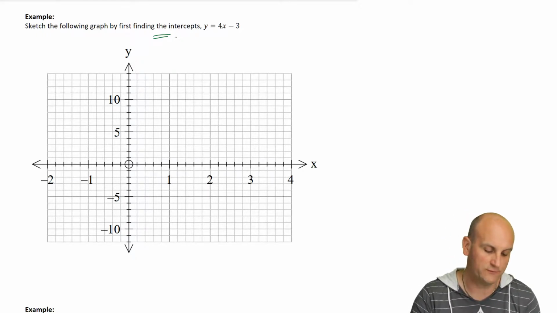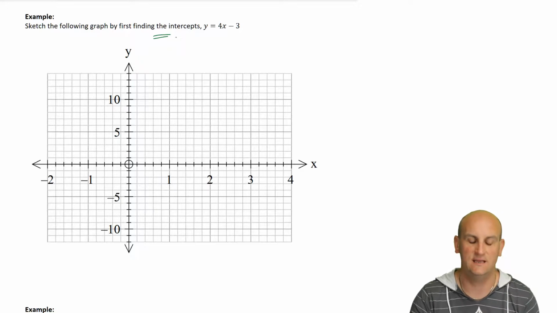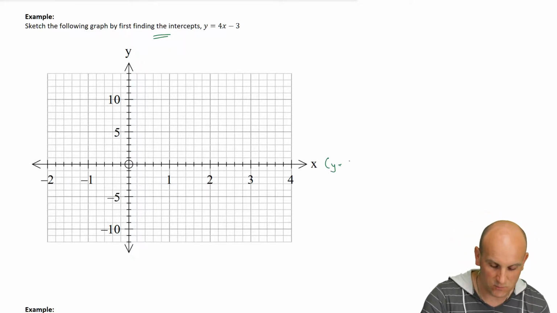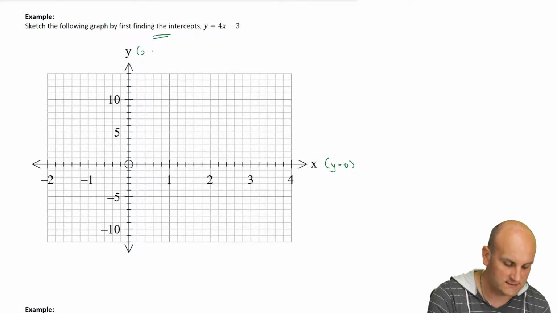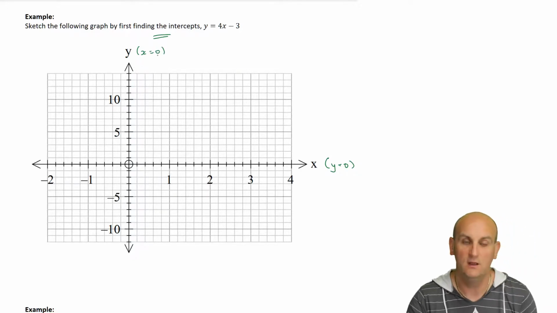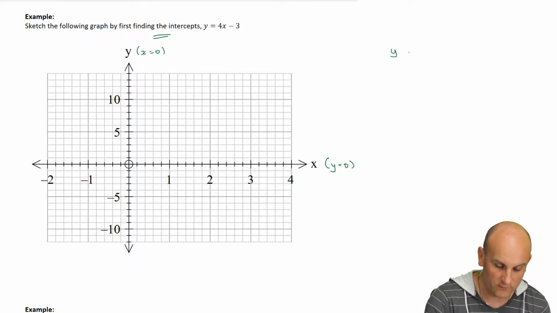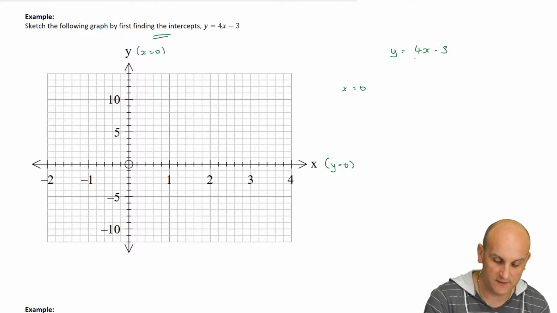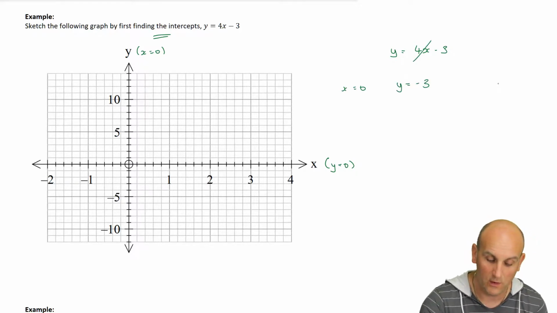So what do we end up with? We have y equals 4x minus 3. So when it's finding the intercepts, it says, well, we know that the x-axis is the same as y equals 0, and we know the y-axis is the same as x equals 0. So what it wants me to do is say, well, if I've got the equation y equals 4x minus 3, firstly, put x equals 0. Well, that's nice because that just gives me that y is equal to negative 3. So I have found